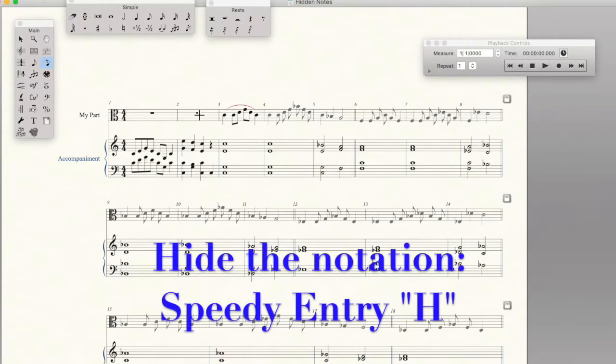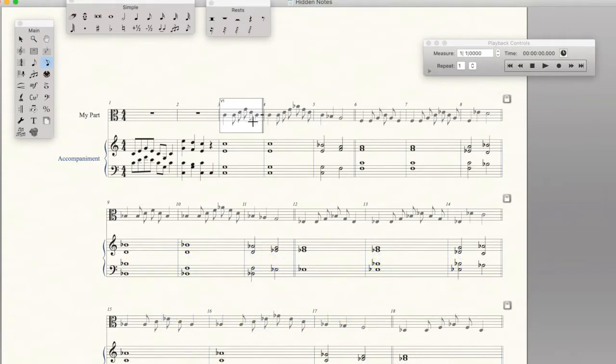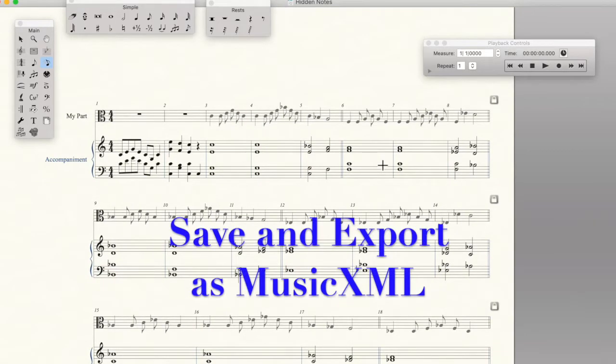In order for them not to see the pitches when you export this into New SmartMusic, you want to hide it. I use Speedy Entry, and that highlights a measure and highlight a pitch, and H hides it, and it turns it into a pale gray. And I've already hidden the vocal parts. I'm going to save this and then export